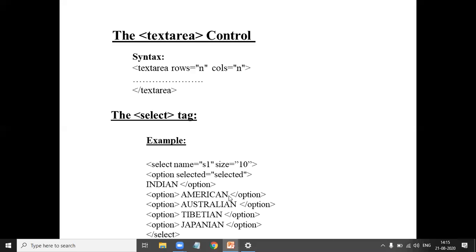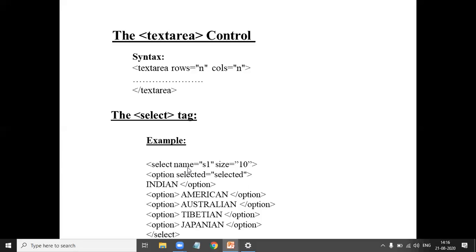Or if you want to insert American as the default value, then we put it before option selected equal to selected. If you want Japanese as the default option when the page loads, then option selected equal to selected for the Japanese option. So selected equal to selected.